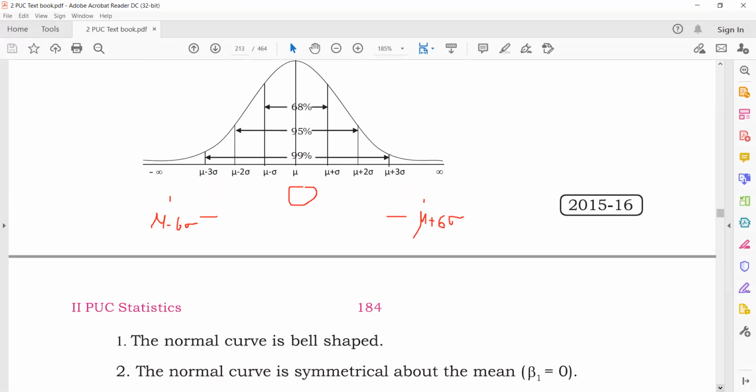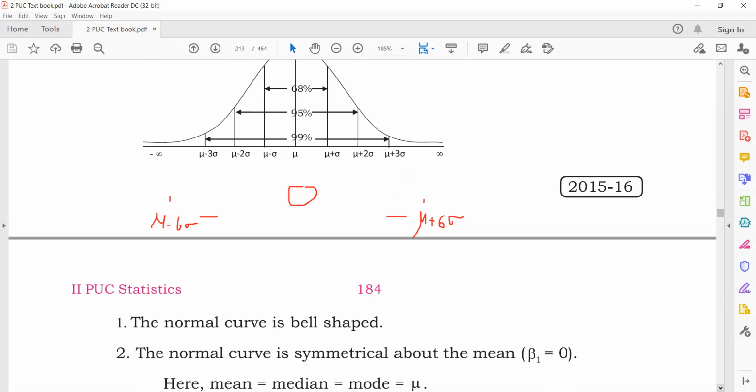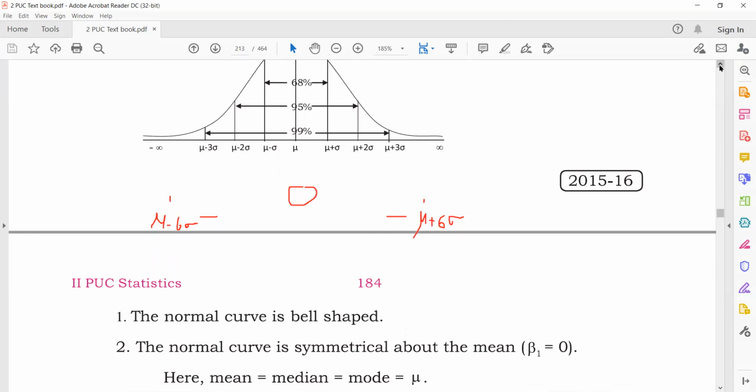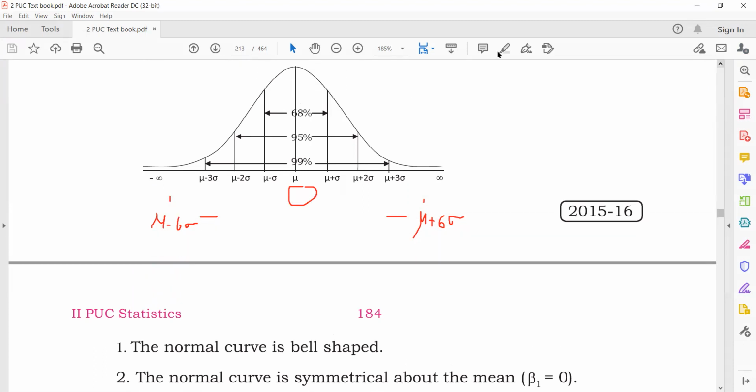So they are talking about producing only one defective out of a lakh, one defective out of a million, one defective out of crores, things like that. Okay, so you need not worry about that. So you just look into this curve and memorize this curve and how to